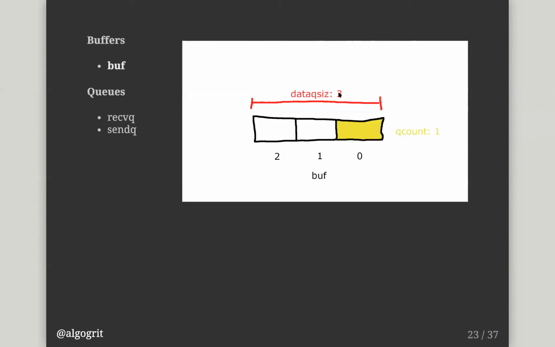Here the size of the buffer is 3, and hence you have slots 0, 1, 2 inside the circular queue. Think of the buffer as a circular queue. In an unbuffered channel, it doesn't really have a buffer. A circular buffer is not required.